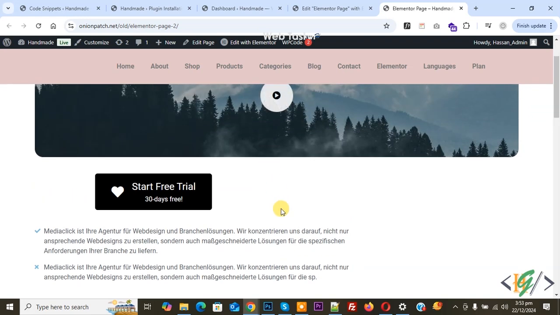Bismillahirrahmanirrahim. Assalamu alaikum. My name is Hassan and today we are going to add or enable dark mode in Elementor